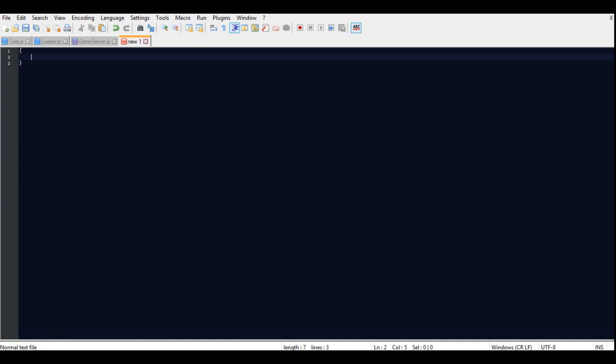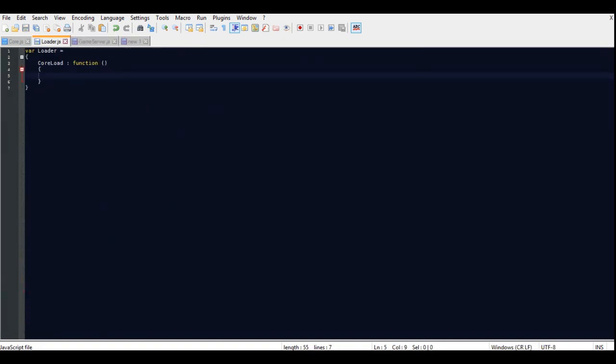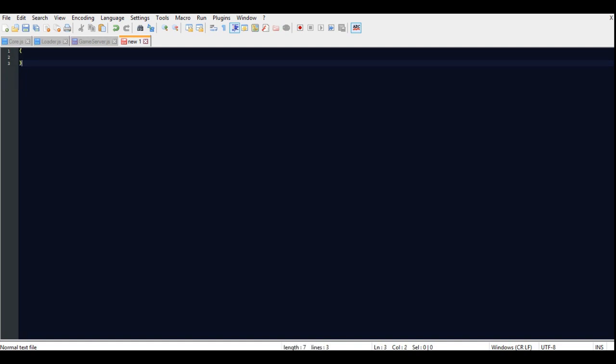So if you don't know what a JSON is, it looks essentially like this loader, except you probably wouldn't have this function. You'd have just more pure data. And essentially what this core loader is going to do is contain all the files. I'm going to have it in an array,